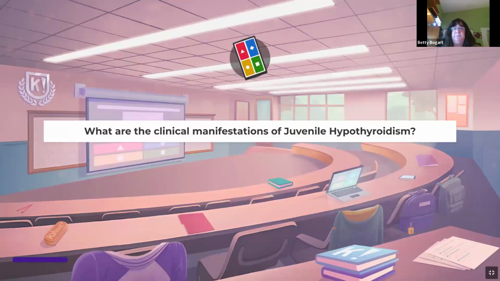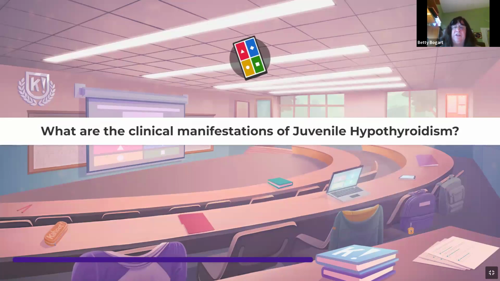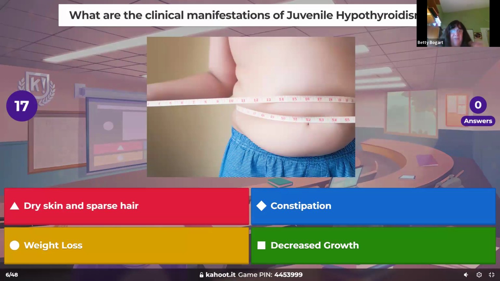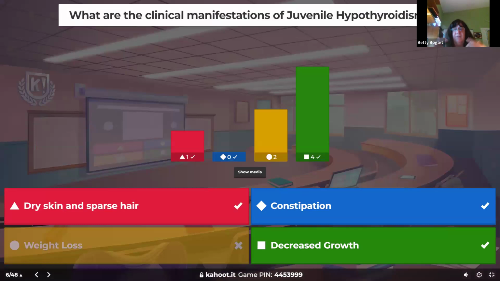A multi. What are the clinical manifestations of juvenile hypothyroidism? Now, adults and children with hypothyroidism have all the same side effects except one thing. What makes children different than adults? They're still growing, right? And also, young children need the hormone for cognition. So children not getting enough thyroid hormone would be small, underweight, and cognitively, they're not going to meet any developmental